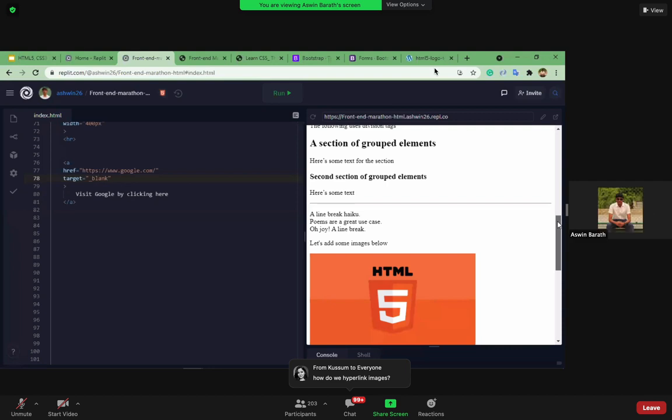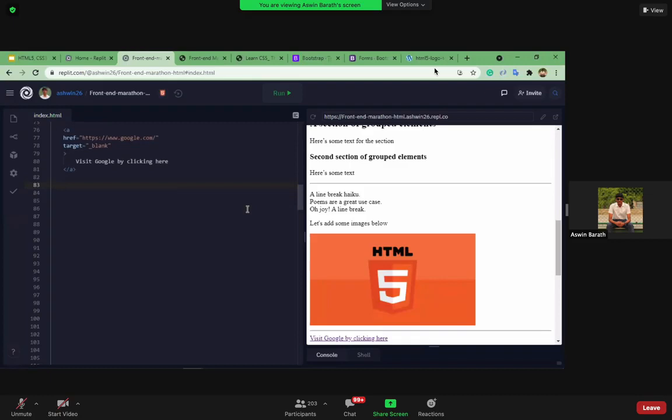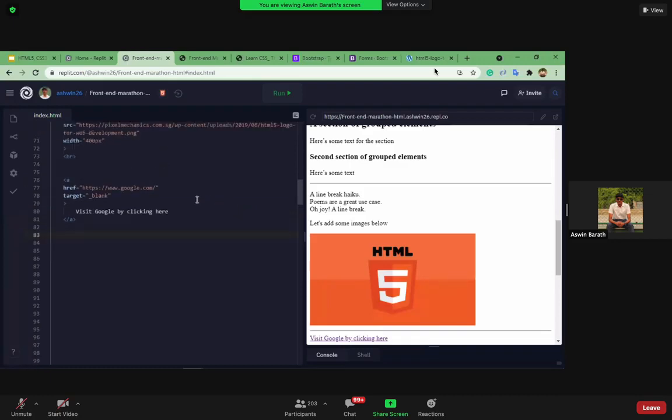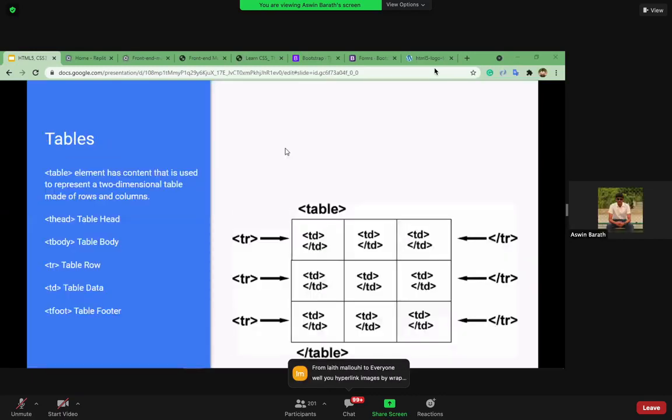Okay, so moving on. Let's talk about the table tags we have in HTML. Whenever we want to create tables inside HTML, we have to use a couple of important tags. So before moving on to the coding part, let's go back to the presentation. Just a second. Is the presentation visible, guys? Yes, Ashwin. Okay, good. So whenever we want to create tables inside HTML, we have a separate set of tags that we should use to create a table.